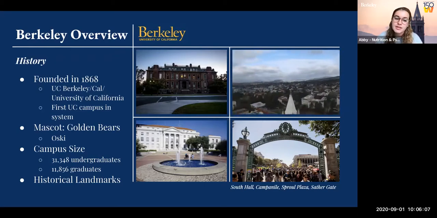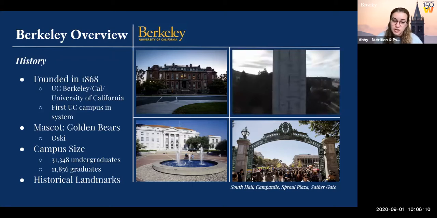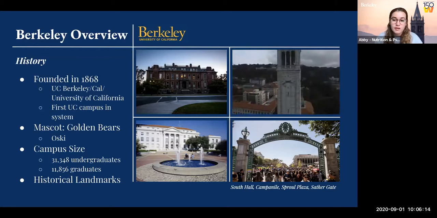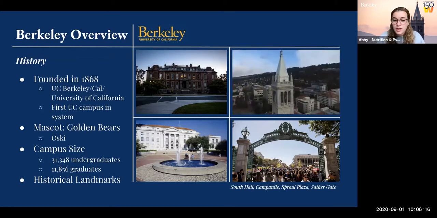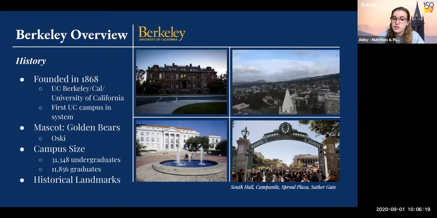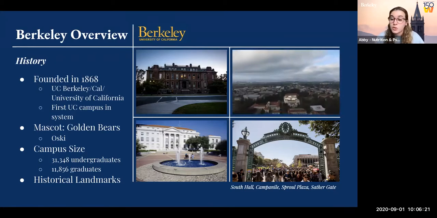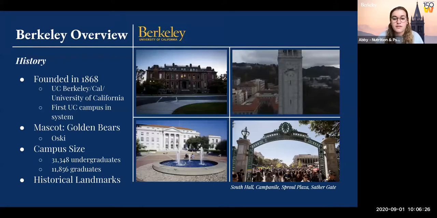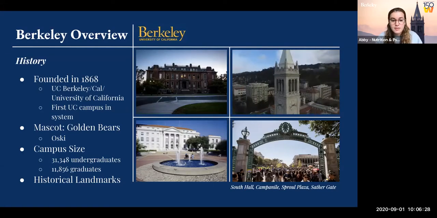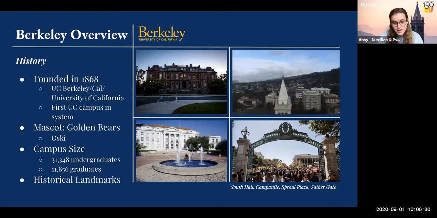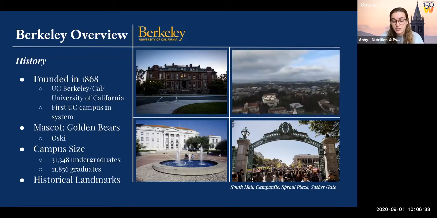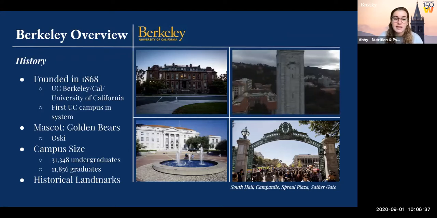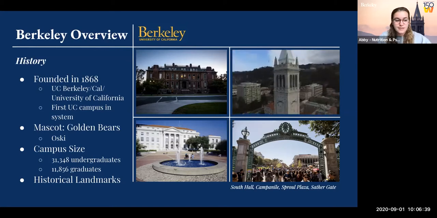In terms of our campus size, we have around 30,000 undergraduate students and around 10,000 graduate students. So that means that we are a very cohesive school. You'll hear a little bit more about our graduate schools later, but it's really cool that we get to work together with a lot of graduate students and have them instruct us as well in a lot of our bigger classes. And then in terms of historical landmarks, you can see there a lot of things were here when my grandma was here at this school, and the free speech movement and everything like that, which we'll get into in a bit.